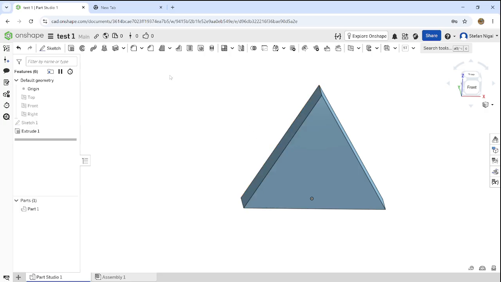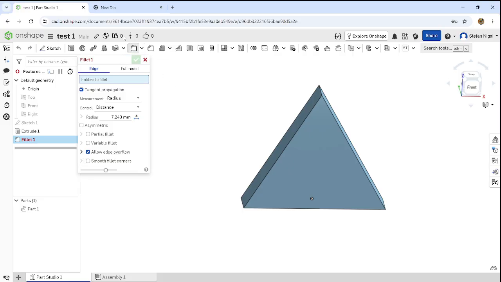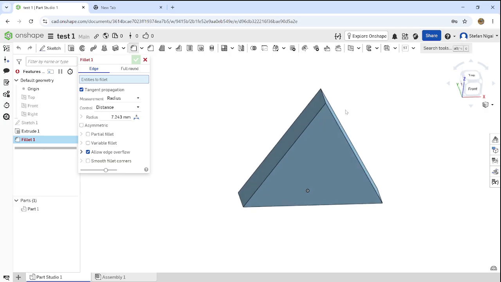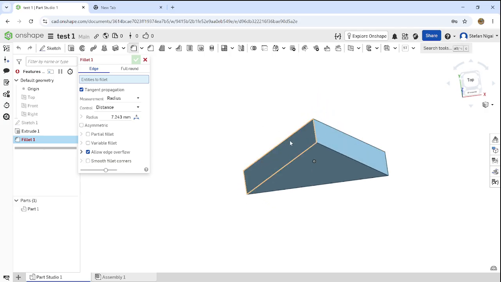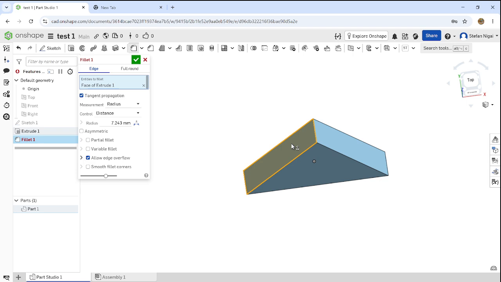Now, where do you find this fillet? You find it right next to the thicken, and we're going to press on it. And of course, if you don't find a fillet, go and search for it in the search tool. So, what does the fillet do? First of all, with the fillet, you never have to click the